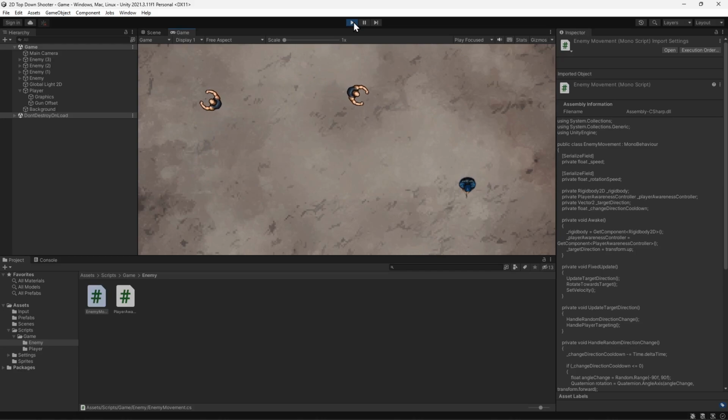Hi guys! Today we're going to look at how to make enemies randomly wander around. We'll start with this scene that has several enemies that chase the player if it gets too close. We created this in our 2D top-down shooter series, so take a look if you want to know how it